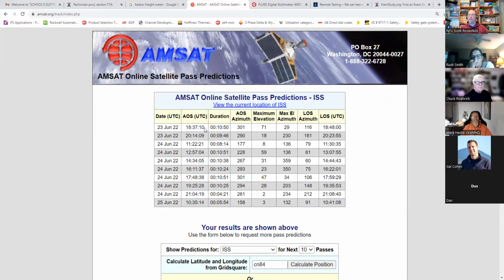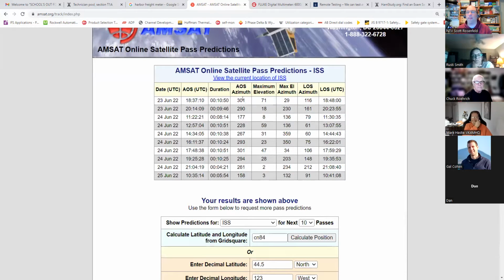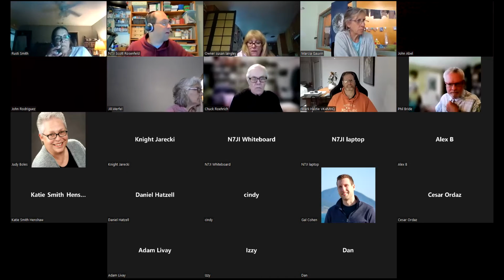So if I went outside, I'd be able to take my little antenna and track it across the sky, knowing that it shows up a little bit north of west, disappears a little bit south of east, and is going to be 71 degrees above the horizon. That is a really good pass. That would be really easy to make contact with somebody else. Or if the astronauts happen to be busy on the air, you can actually talk directly to